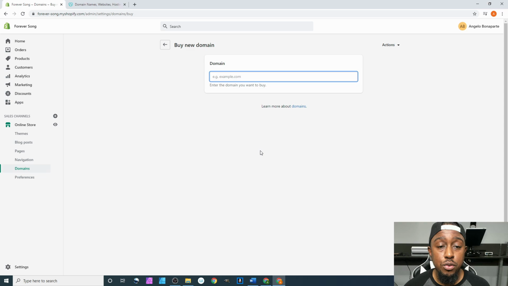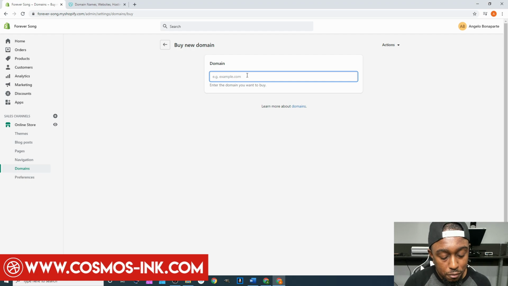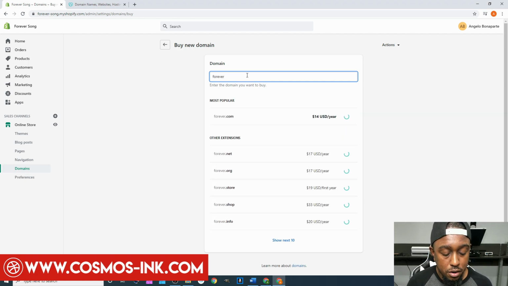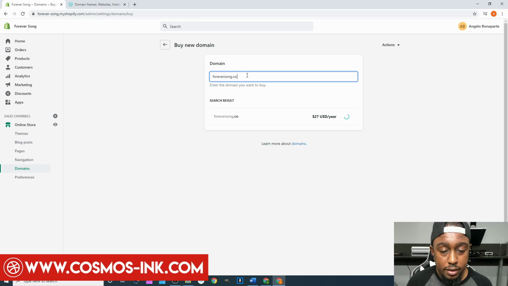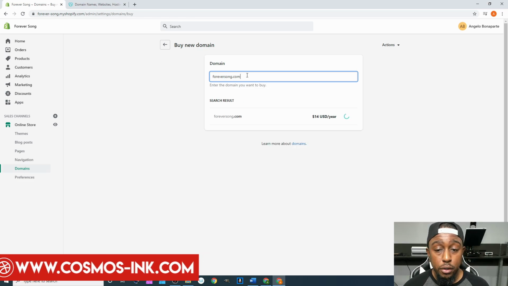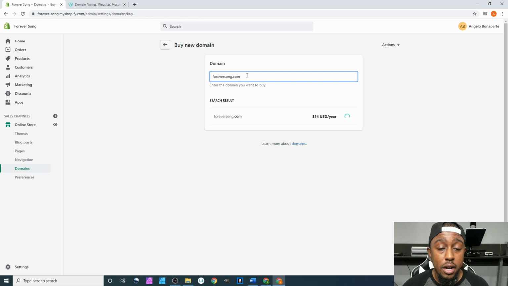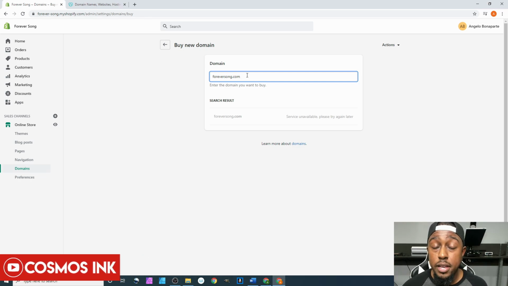From there, we're gonna hit buy new domain. And here, a couple options. First option is foreversong.com, the way it's spelled out. Personally, I recommend getting a .com domain versus a .org or .edu or whatever. I always recommend .com, especially being here in the United States. If you're in the UK, then yeah, you can do .uk or whatever, but for us, normally it's .com. So